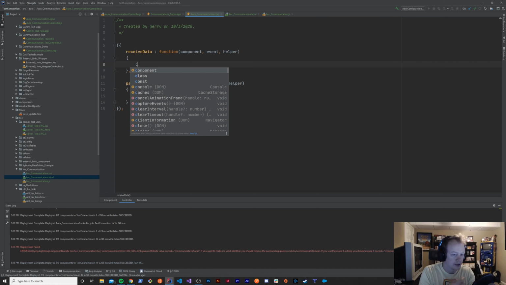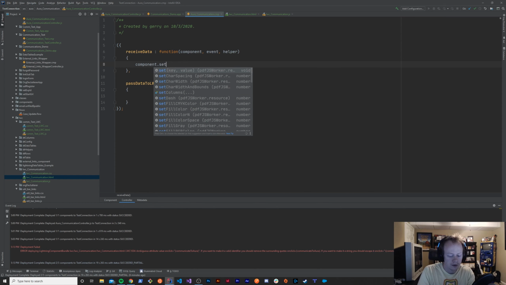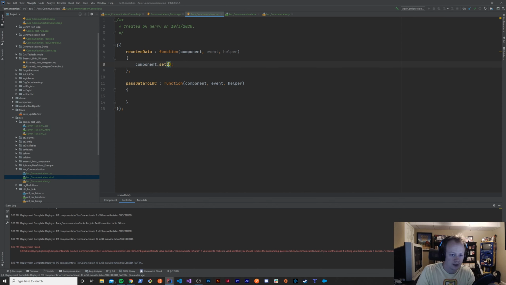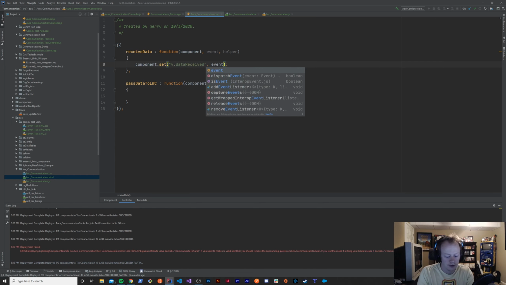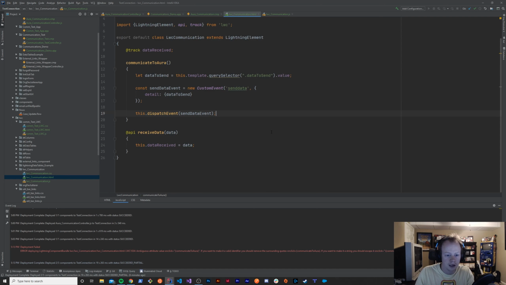The next thing we're going to do is basically update our component's attribute to deal with the data that we received. So we're going to say v.dataReceived is equal to event.getParam, and I do not remember what I called this. It's important that you see that we're just going to get whatever we named this in here. So we're going to grab whatever we put in this detail. We're going to grab this data to send,